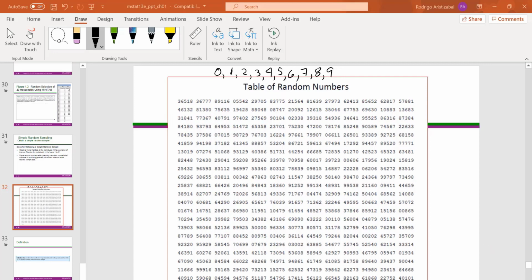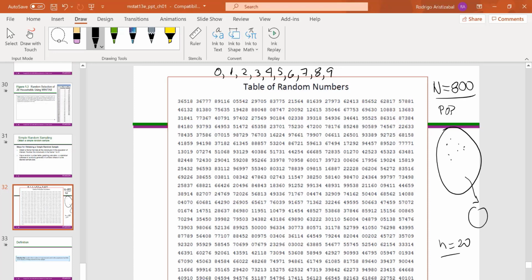And we can start at any point to obtain random numbers. Suppose that the population consists of 800 items. We use capital N, and from this population we want to select a sample of size 20. We are going to name each item of this population with one number between 1 and 800, and after that we are going to start at any point in this table, or any page of this table generated by the computer. For example, we can start here at this point, and that is the C that we were talking about